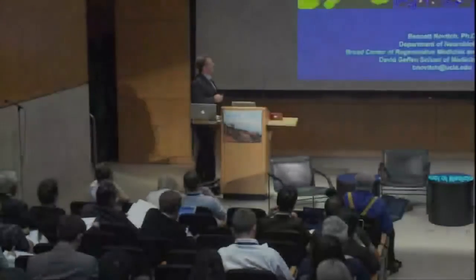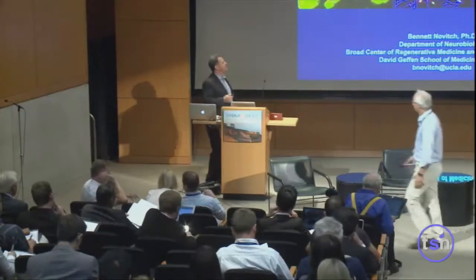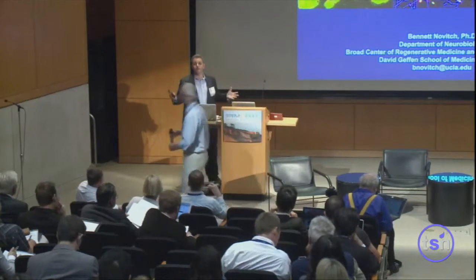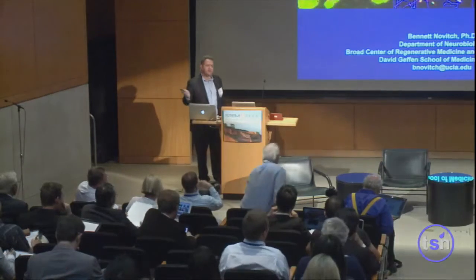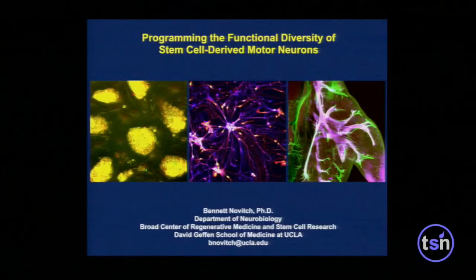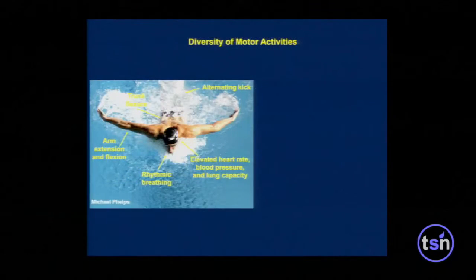So thank you, Sam. You actually just gave the line I was about to give, which is that now we can make motor neurons. You've heard about this. Now we want to talk about what we can actually do with the motor neurons. For example, we want to go from the stem cells to forming functional neural circuits or modeling some disease processes. But I want to take one moment, or probably several moments, to point out one thing,